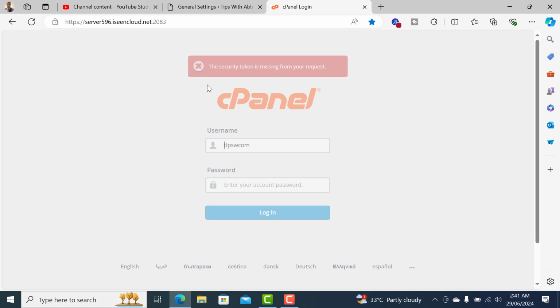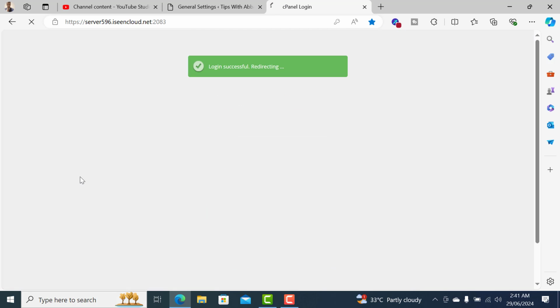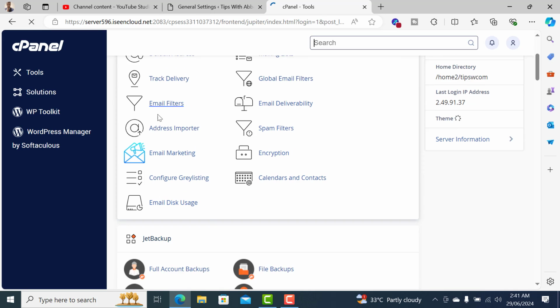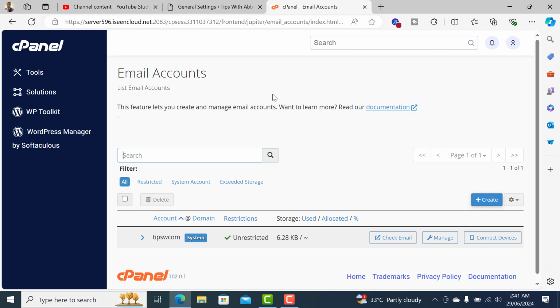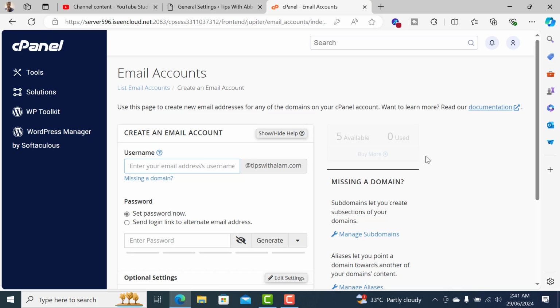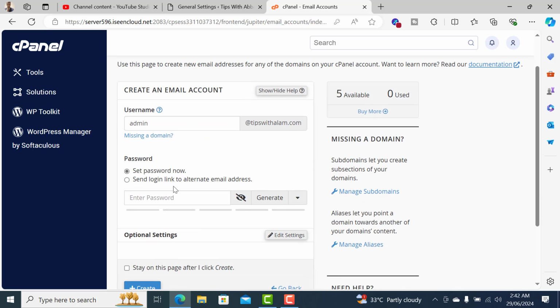mywebsite.com. So to do that, just log into your cPanel, and it's very easy. You'll see this email account in the email section. Just click on that, and here click on create, and select the username. I'll select the same username that I have given. It will be